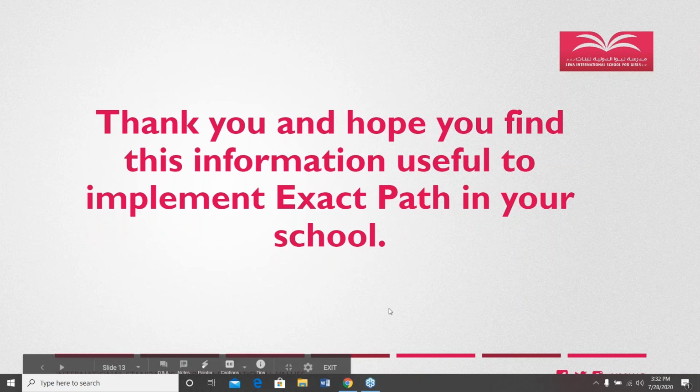Great. I've had a question come in. How much time do you think Exact Path has saved you a week in terms of gathering all the data and documents? Oh, that's a good question. So much. I was in class a few years ago. I was teaching grade 5 English, and I know from my own experience, Shakila has her own experience. She's in grade 2, and our teachers have also had lots of experience with trying to trawl the internet on various different websites. So now we know confidently we can use this as a rotation in guided reading.